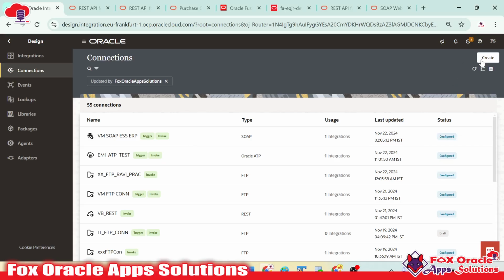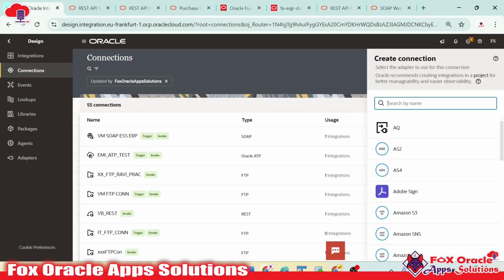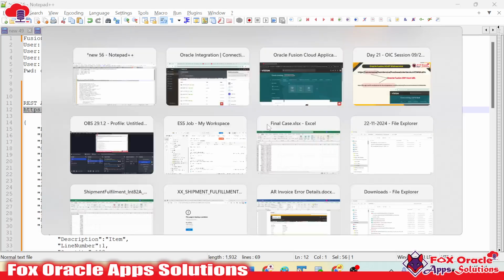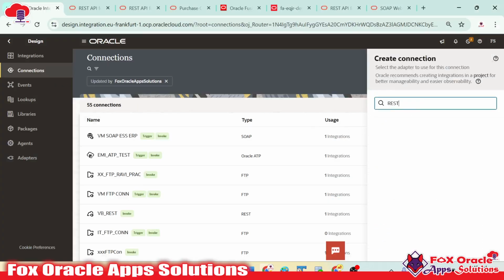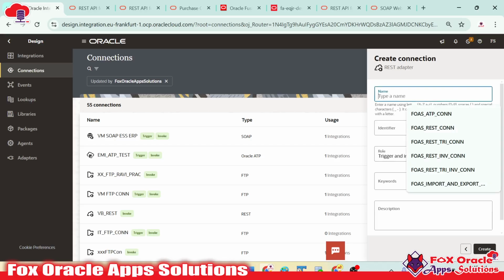For creating a connection, just click on Create, and here we have to search for the adapter. Which system are we going to connect or invoke? We are going to invoke the REST API, so here we have to search for REST. You can see this is the REST adapter. Once you click REST, it will ask you the name again. So let me give the name as